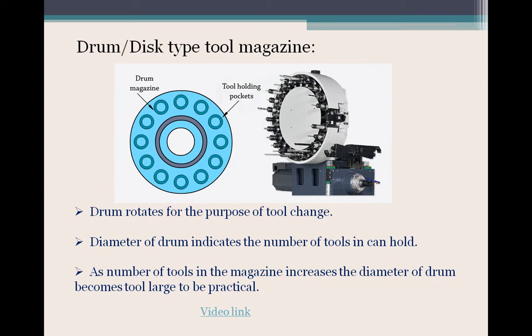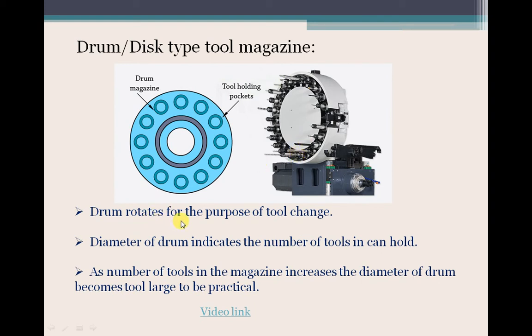The second type of tool magazine is the drum type of tool magazine, where you can see why it is called a drum type of tool magazine. It is circular in size, and it also has the tools located at the tool holding pockets. Of course, we don't have a hexagonal shape, or any number of faces wherein I can mount the tools. I have a circle here, I have a circumference here. So the advantage is I can store more number of tools over here, right?